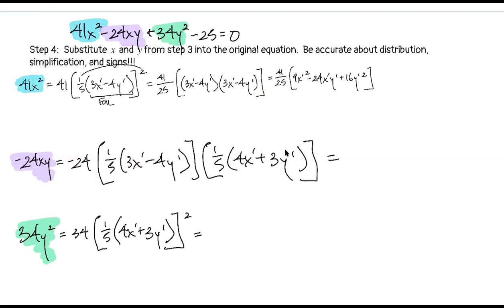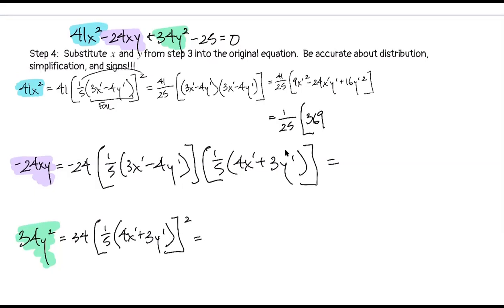And last but not least, let's go ahead and distribute that 41 over 25. And actually, I'm only going to distribute that 41. I'm not going to distribute the 25. Okay, so I'm going to keep the 1/25 out in the front. And I'm going to distribute the 41 in there. Now, your exams will not have numbers like this big, so don't worry about, oh gosh, I'm going to have to spend so much time multiplying things out. I just wanted to show us kind of examples with messier numbers, okay?